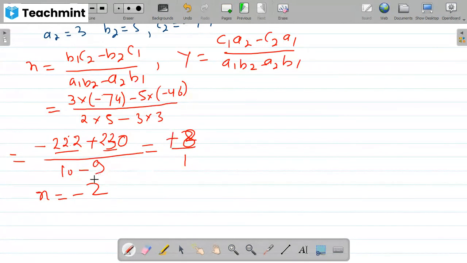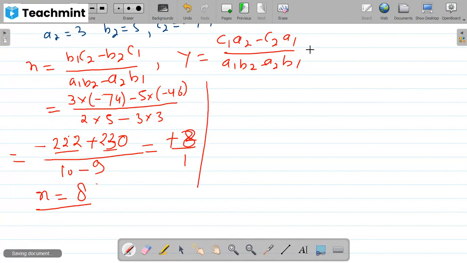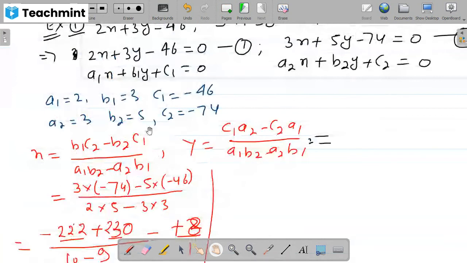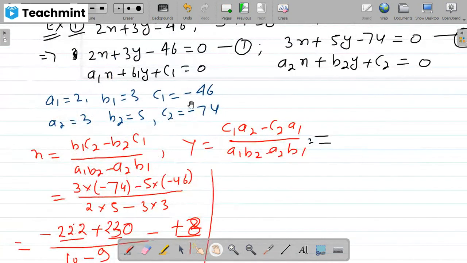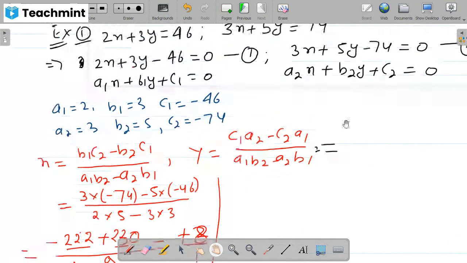This is the plus, and so in this way the value of x is 8. After this we want to find the value of y, and we put the value of c1 in the above equation. Value of c1 is minus 46,